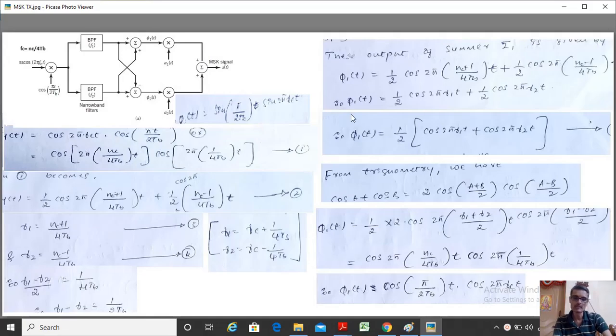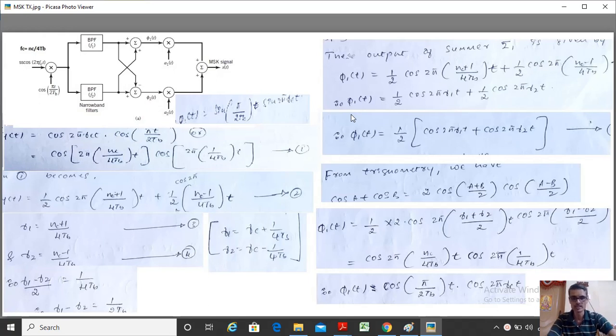Hello everyone, welcome back to this topic, that is MSK. I'm saying welcome back to this topic MSK because I have already created two videos on the same topic, minimum shift key. This is the third one where I'm going to explain the transmitter and the receiver part of